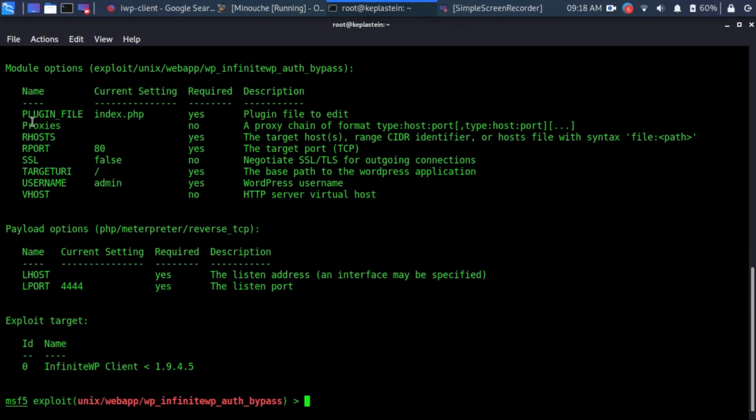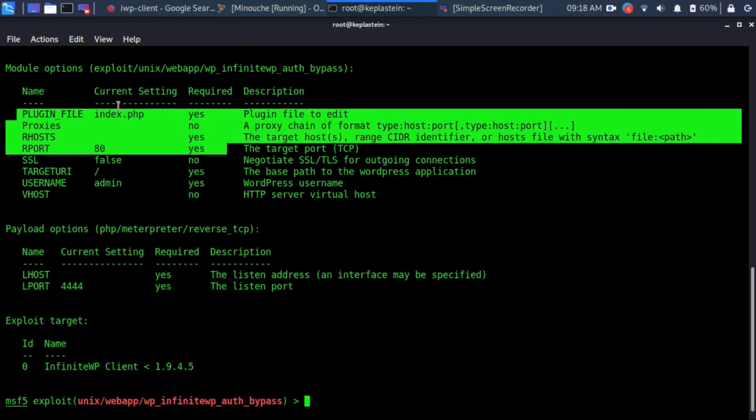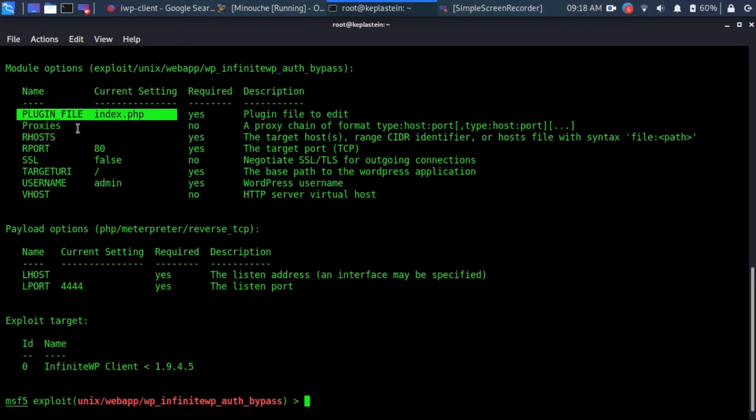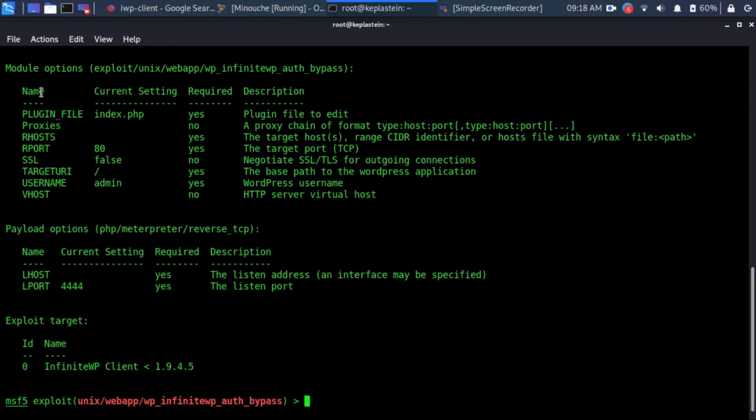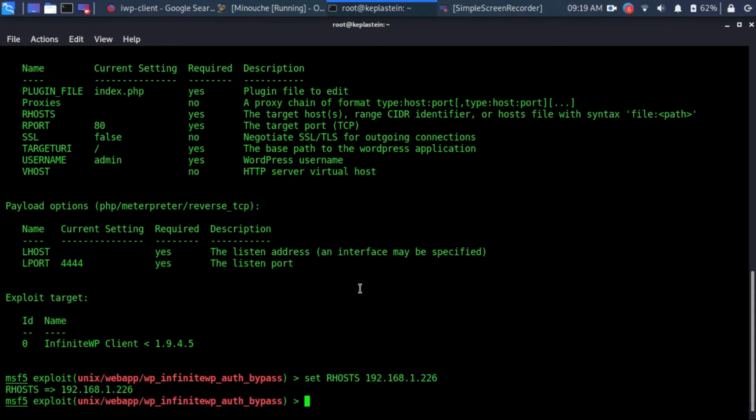and as you can see, you are notified to enter the plugin file, the proxy, our host, and other options. So here you're going to leave the plugin file idle. That's where it's supposed to be. Then you're going to change the RHOSTS. You're going to insert our RHOSTS, which is 192.168.1.226. And we're also going to set